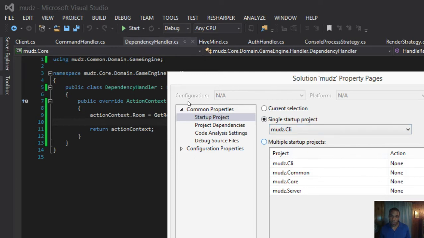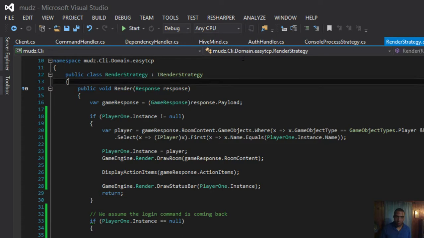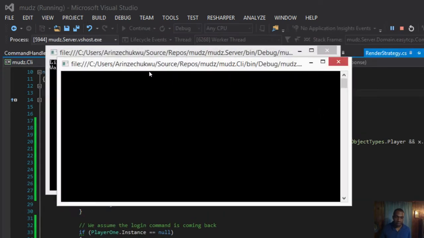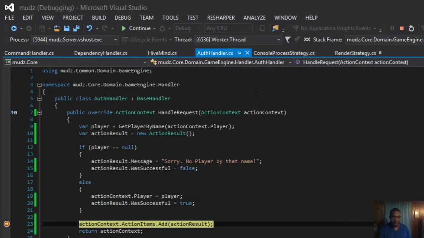To be able to set the multiple products to startup, I want to do server and client. And I want to make sure the server starts before the client. All right, let's see if that works. And let's just try to step through a few times and see if we can't figure out where all of our, boom, nice. So let's go ahead and step through and see if we can't figure out where stuff is breaking.